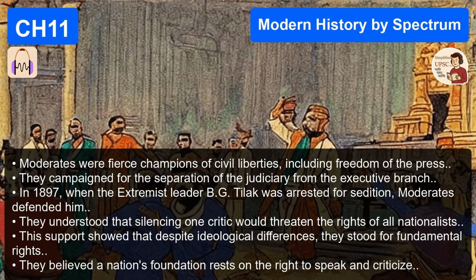Got it. Second concept, economics. Yeah. Classic question. Who propounded the drain theory? The primary gold standard answer is Dadabhai Naoroji, and his book is Poverty and Un-British Rule in India. But be very careful with the options. UPSC sometimes gives you a multiple statement question or a list. Who else needs to be on that list?